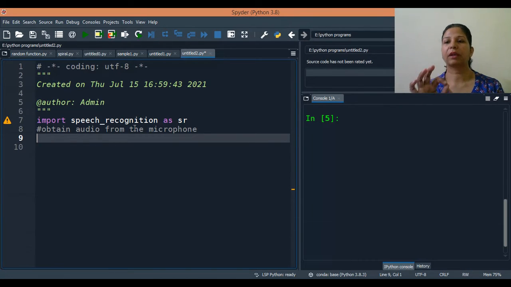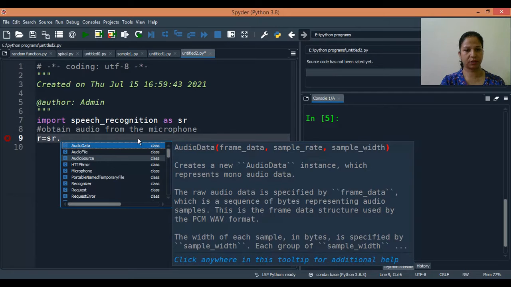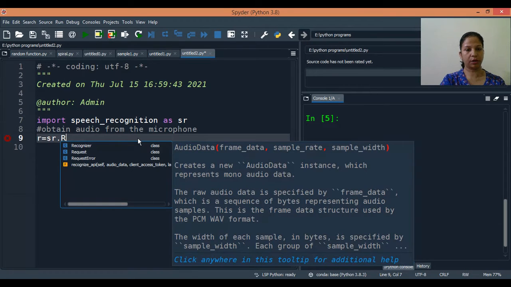When you are using the microphone class, make sure you have PyAudio installed. Now I will take a variable, maybe I'll name it r, and then sr, which is the short form of the speech recognition library, dot Recognizer.